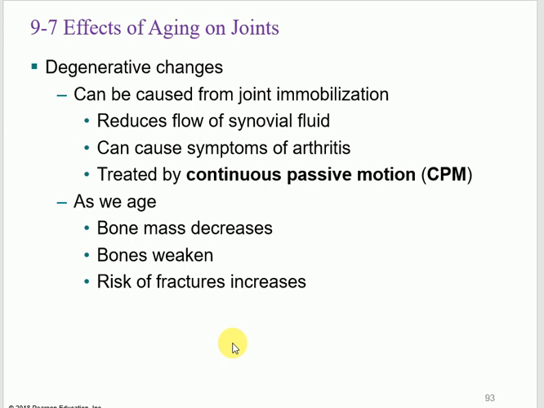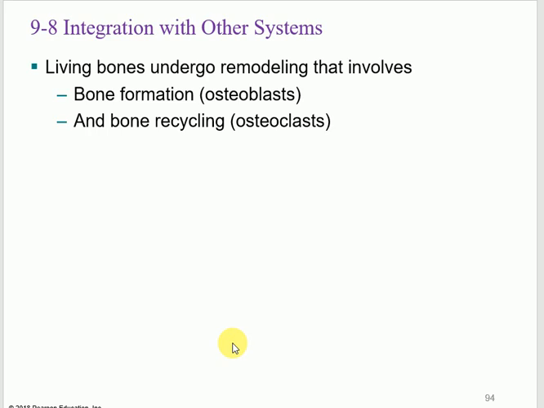So synovial fluid is secreted, loaded with nutrients and oxygen. It gives the cartilage and the joint what they need, and then it drains out. And then you recycle: secreted, loaded with oxygen and nutrients, and then drains. Continuous movement: the more you move, the faster this cycle goes. So what do you think will happen if you don't move? This will be very slow. Less nutrients, less oxygen.